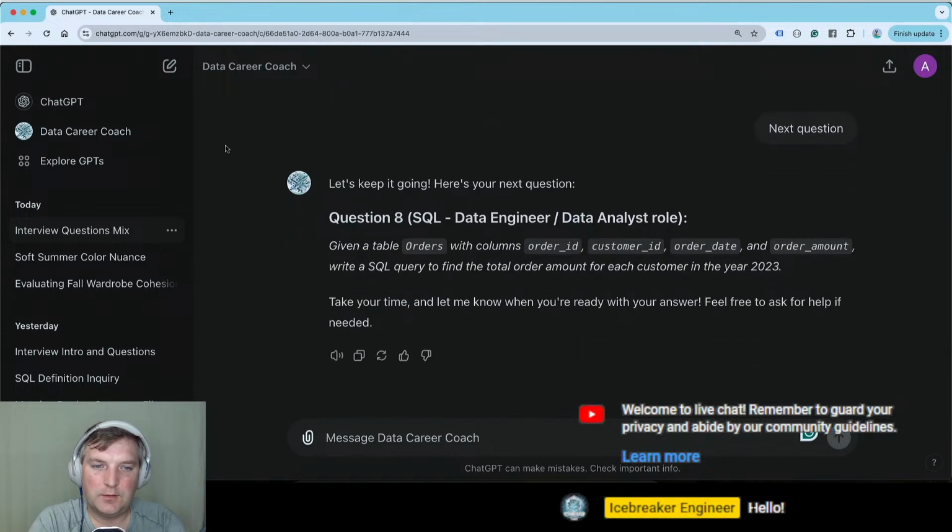Given a table orders with columns order ID, customer ID, order date, order amount, write a SQL query to find the total order amount for each customer in the year 2023. Okay.